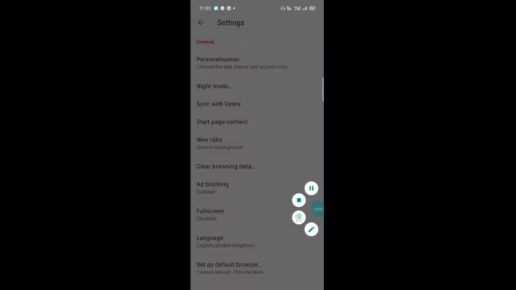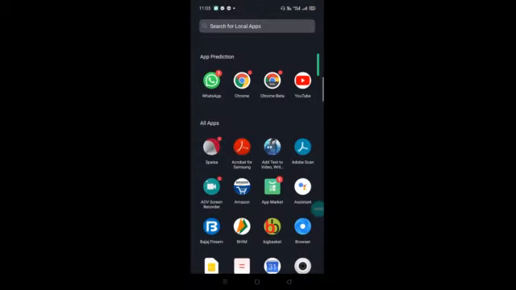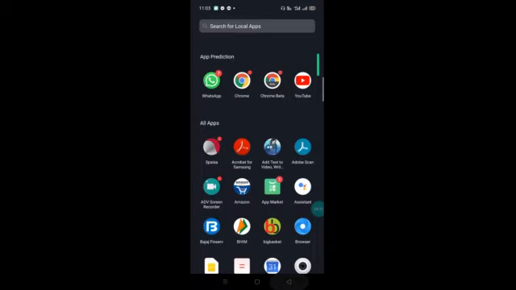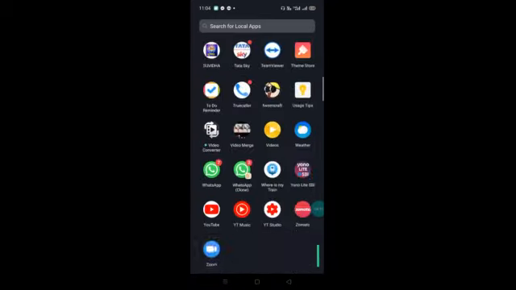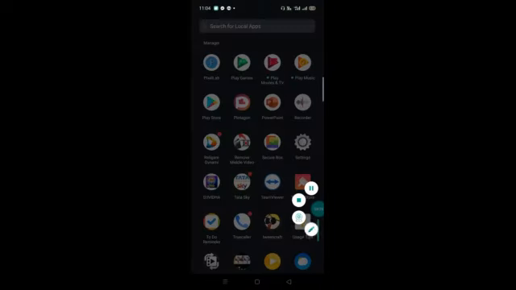Now the next setting that you have to apply in your smartphone is in your Google Drive. So first of all, you have to search for Drive. It is Google Drive. But in case Google Drive is not available in your smartphone, then you have to install it through the Play Store. Here you can see Play Store.